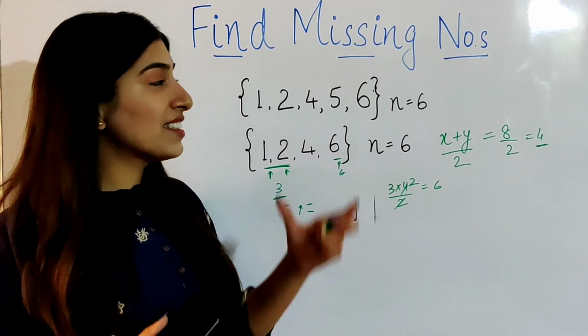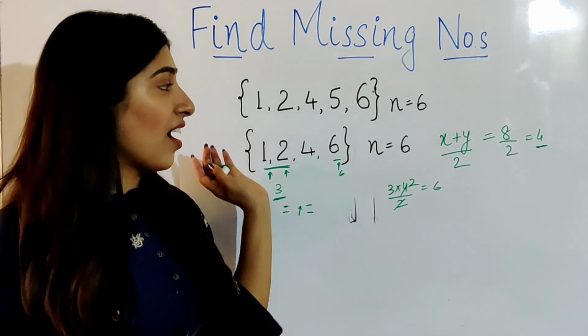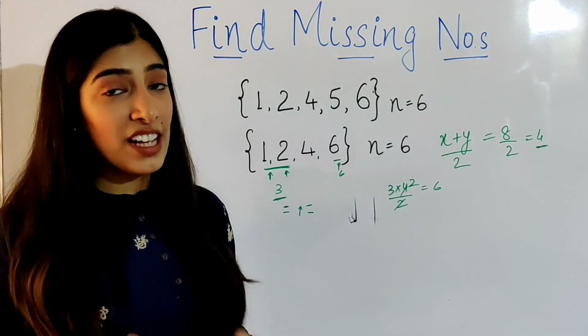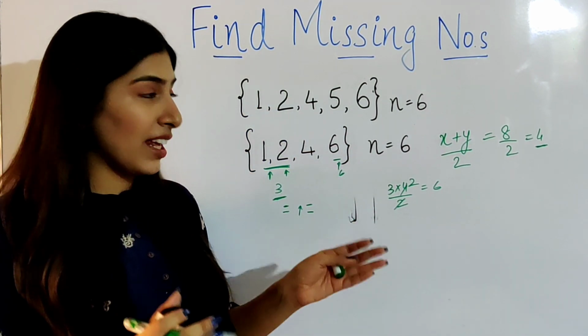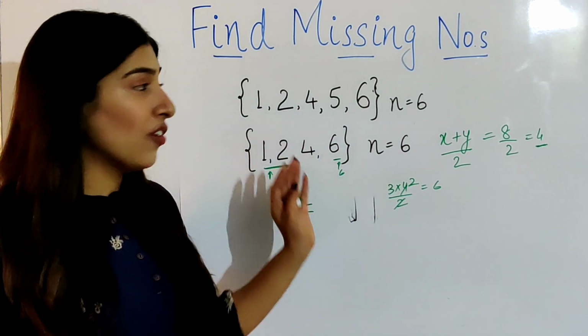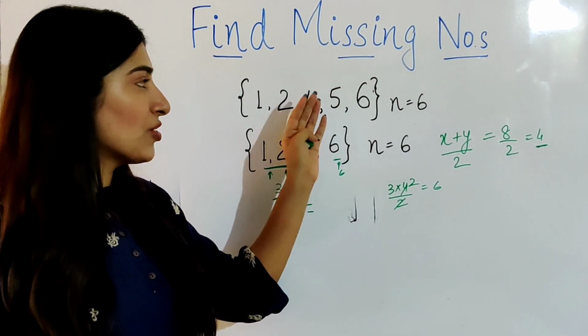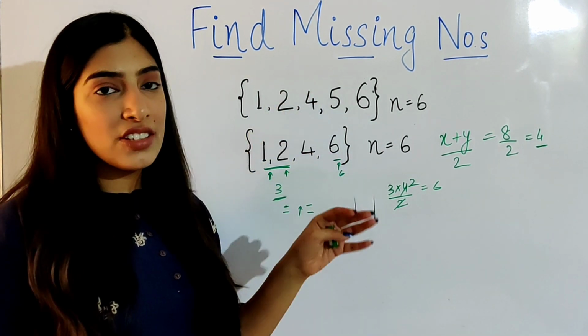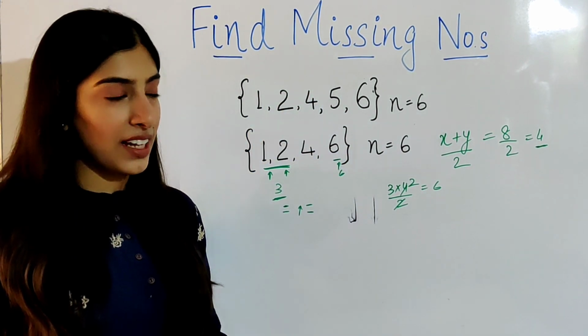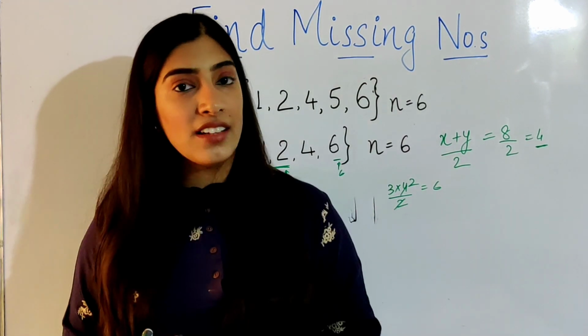I just noticed that the examples that I have taken are in sorted order, but in the question it is not given, and we are not really using the sorted order in any case. We are just finding the sums till now. So yeah, this might not be sorted. It would have been 5, 1, 2, 4. I have just written it in this way to make it easier for you to understand. So we could find the answers.